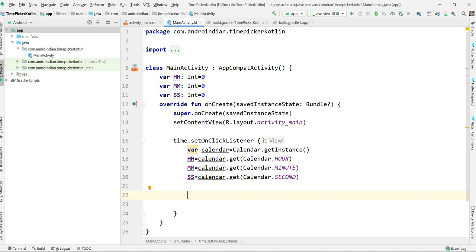So how can I access this data? For that I want to enable the time picker dialog.